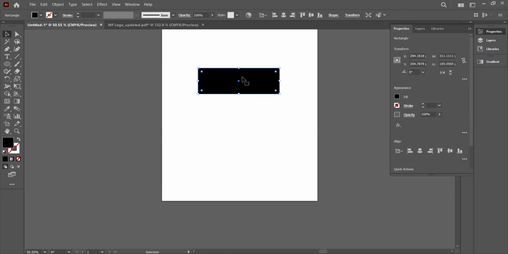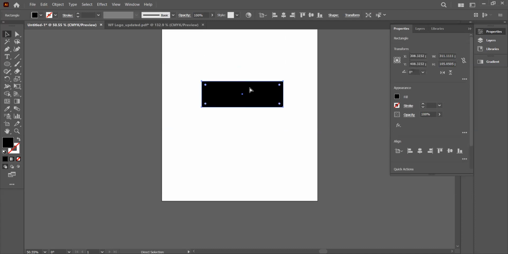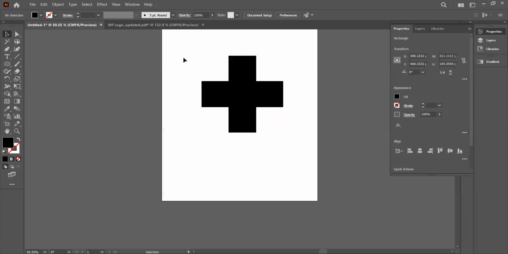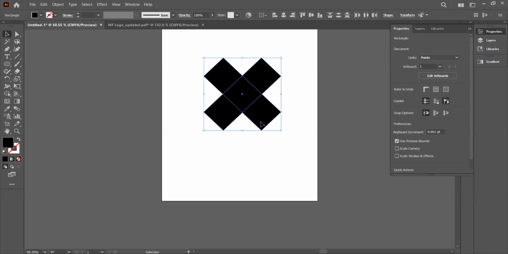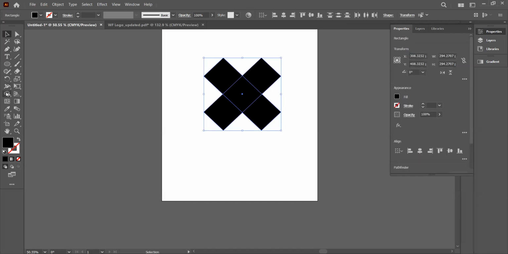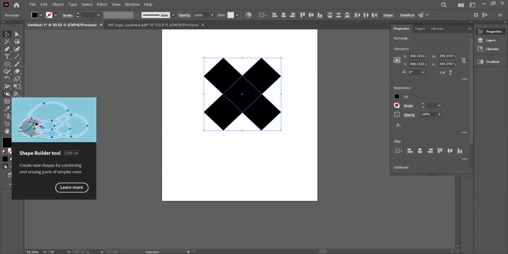Okay. So now this one word, rectangle, then Ctrl+C, Ctrl+F to duplicate it, then flip it by holding your shift so that you can get it perfect. How do I put it now? Can you see it now? Then highlight everything together and rotate it like this. Then you locate your shape builder tool here. Are we together? Locate it here.